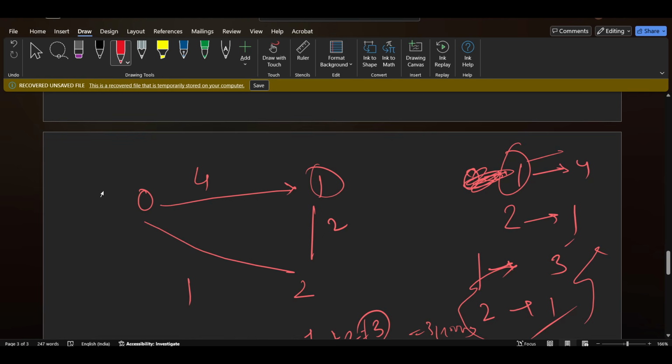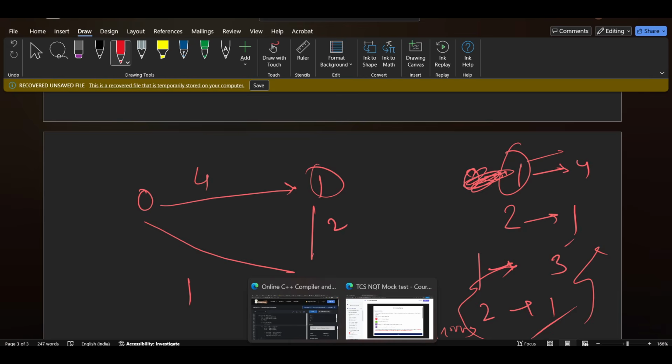So what I'm saying is, suppose it is 4 hours to travel from 0 to 1, and suppose from 2 to 1 it is 5 hours. So already the 5 hours are more, and at 1 we have the traveling time as 4. Then why would we calculate it? If it is lesser, then only we will calculate it.